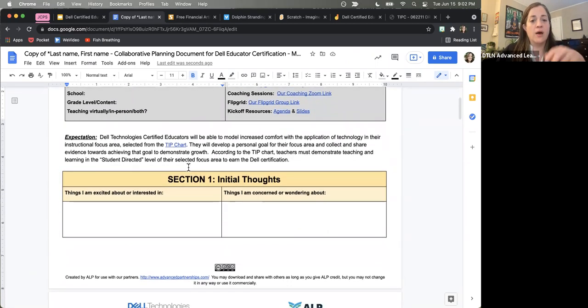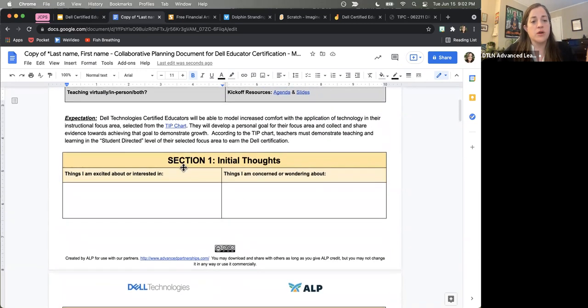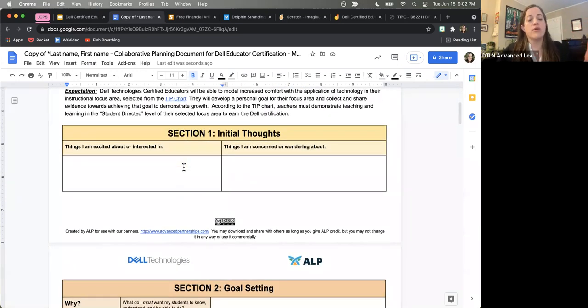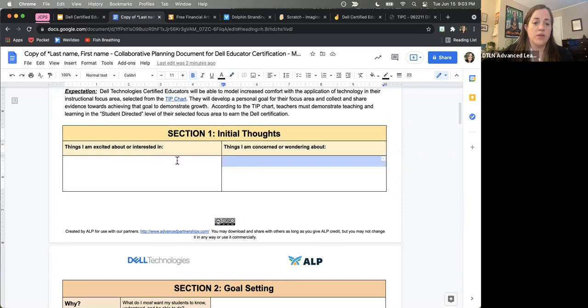All right. This is set up to get you thinking about your goals. You don't have to do this tonight. You don't have to do it right now by any means. This is just to help you start thinking before we meet the first time. And we are going to meet the first time. The way the schedule is set up, it'd be Monday. You just need to find a half-hour window, or let me know if we need to work around that. You'll meet with me, and then you'll have these things filled in.